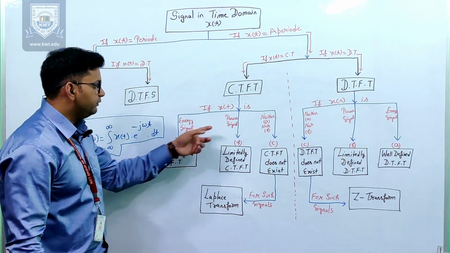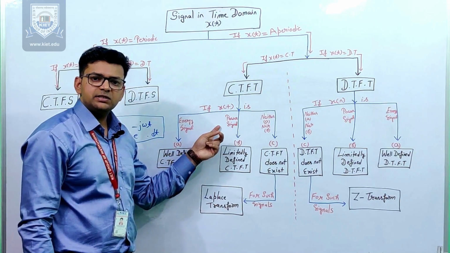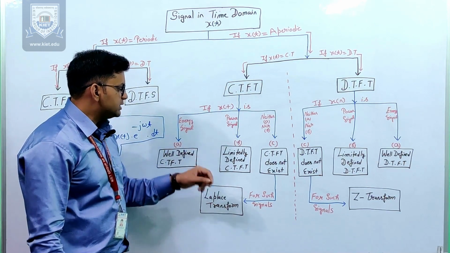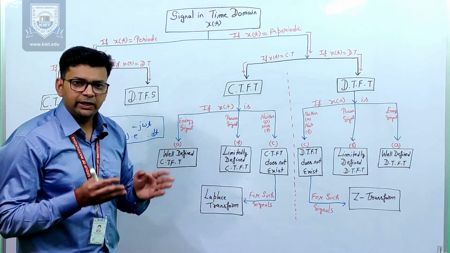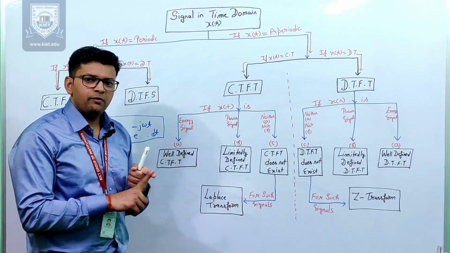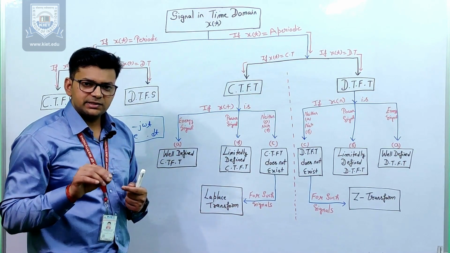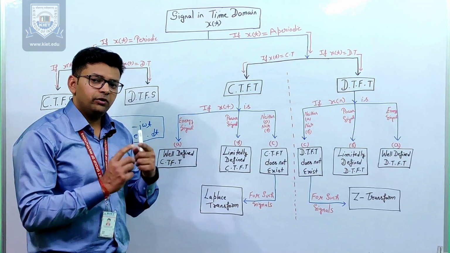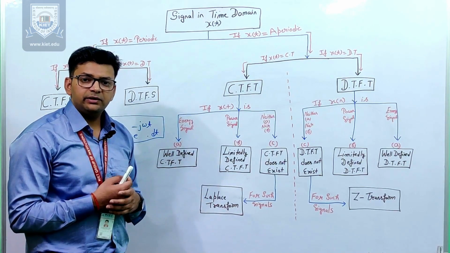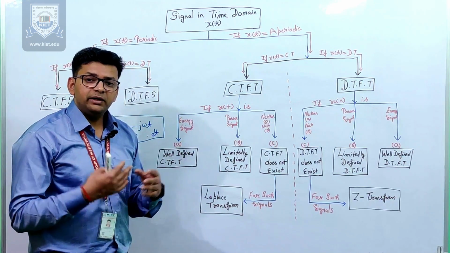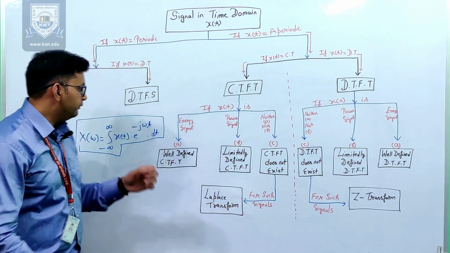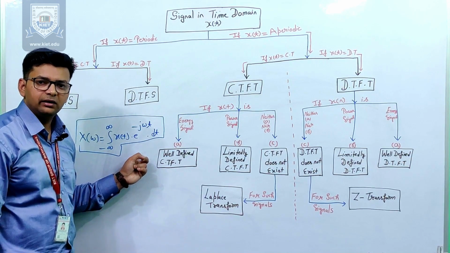Whereas if the signal is power signal, means signal is not absolutely integrable, but it is bounded between some finite amplitude value, right? For such signals, Fourier transform is limitedly defined, means there is at least one single point at which the Fourier transform of such signals does not exist, right? For such signals, we can calculate the Fourier transform with the help of some intermediate properties, right? We cannot calculate Fourier transform directly with the help of this formula for such signals, right?